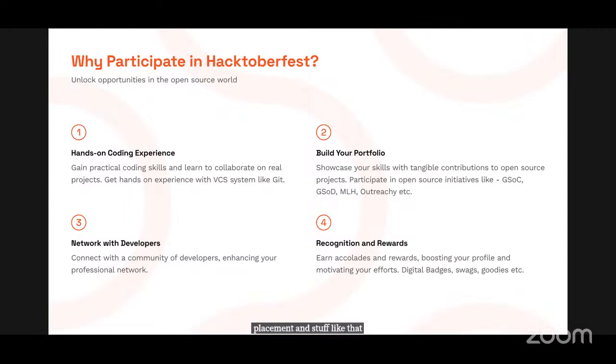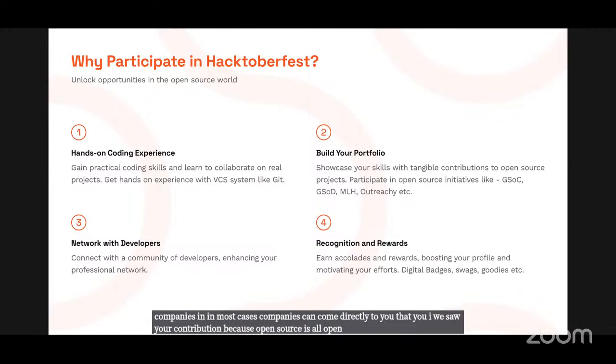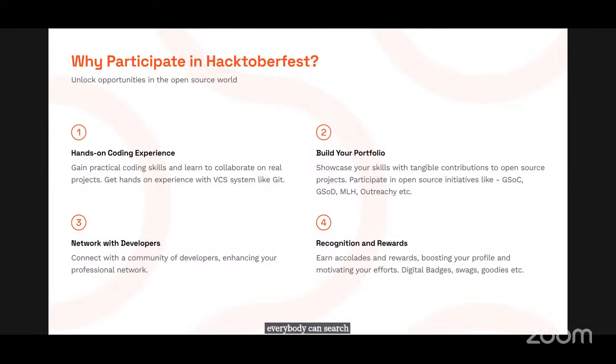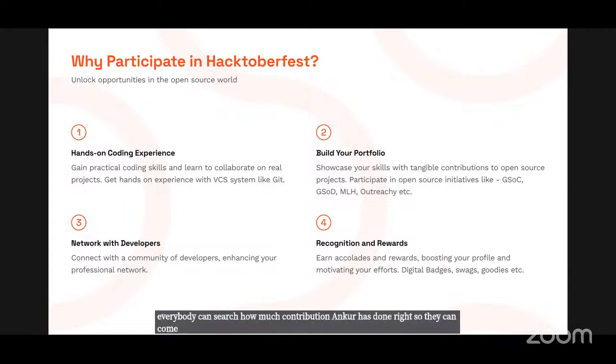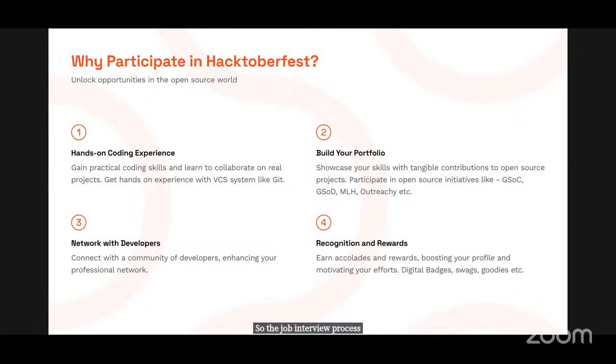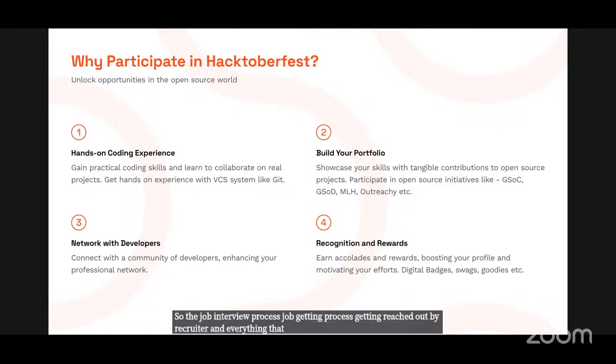In that case, in most cases, companies can come directly to you, saying that we saw your contribution, because open source is all open. Everybody can search how much contribution Ankur has done, right? So they can come to you saying, okay, you have done a lot of work in this project, we are working on a similar line and we want to hire you. So the job getting process, getting reached out by a recruiter and everything, becomes very smooth in that case. And you have a good connection of highly talented developers,